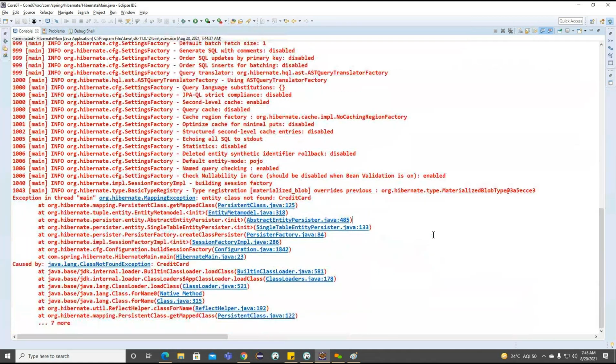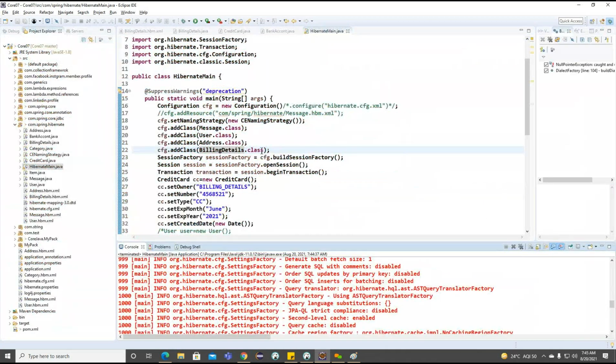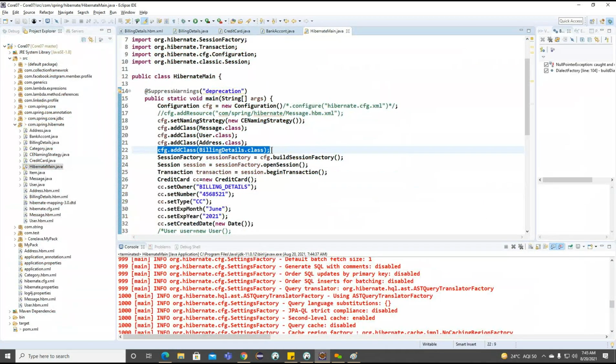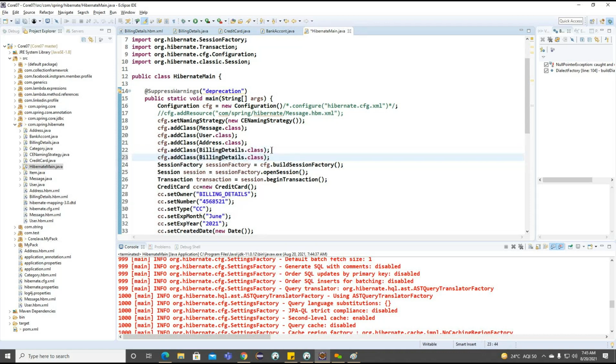From where is it trying to load? Okay, mapped classes is trying to load. I'm going to add cfg. Again, we'll get an error here.